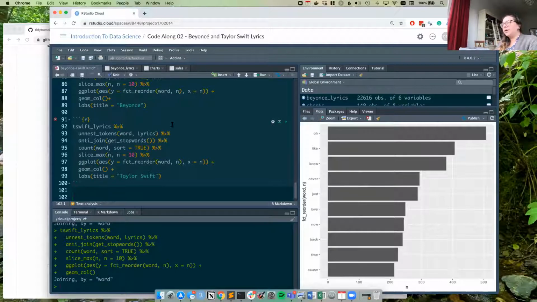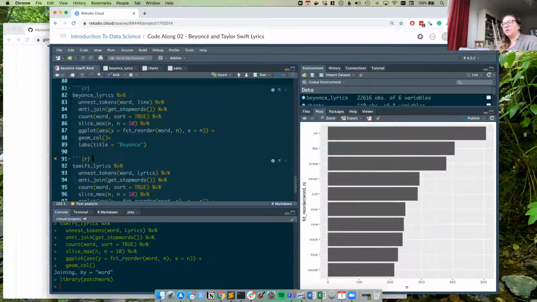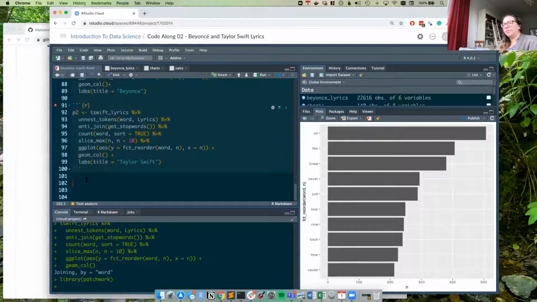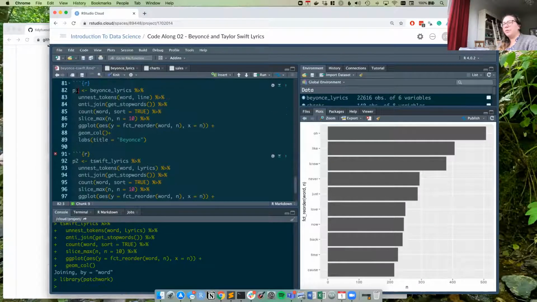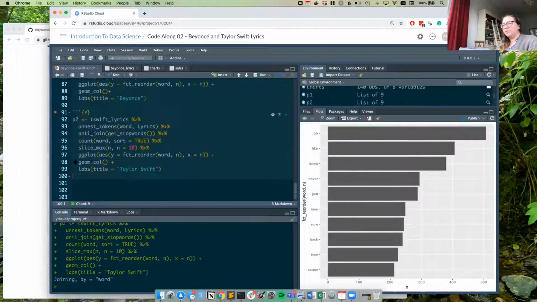And I am going to very quickly teach you guys one other package called Patchwork, which allows us to put plots next to each other. And because we're running out of time, I'm going to write an explanation about how I'm using it when I post these. But I just wanted you to be able to see these next to each other.